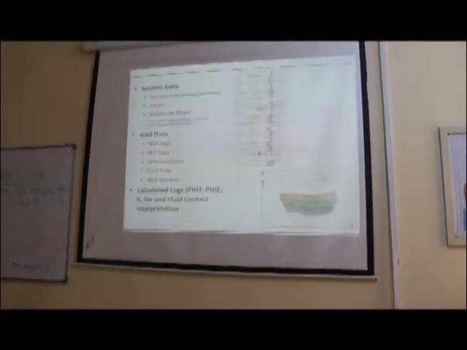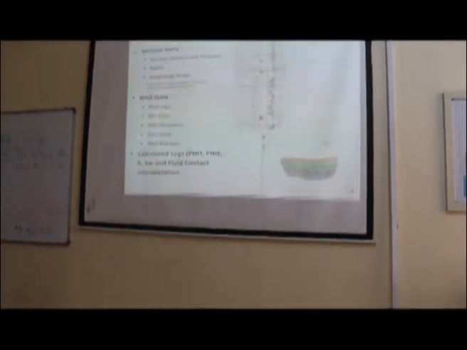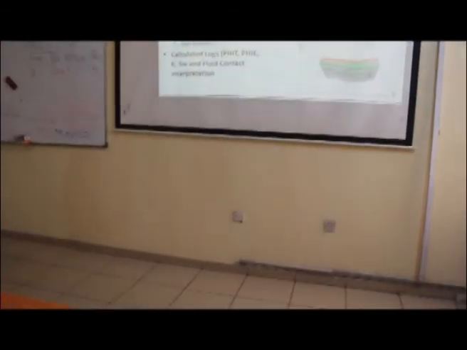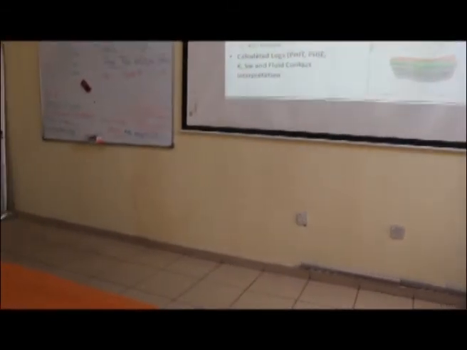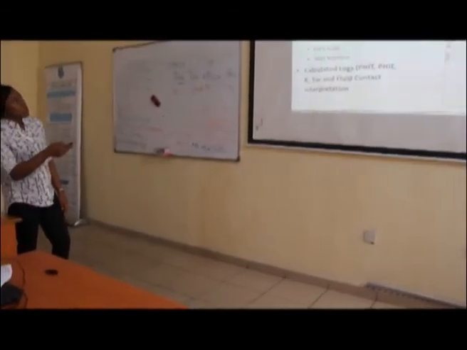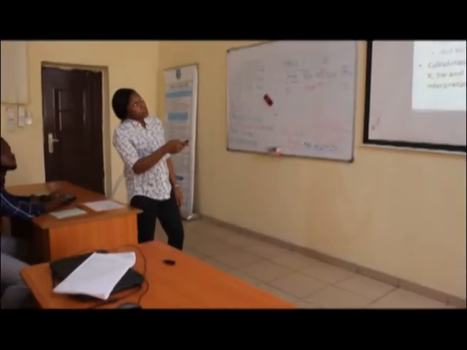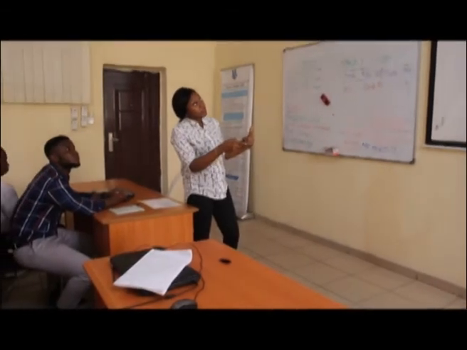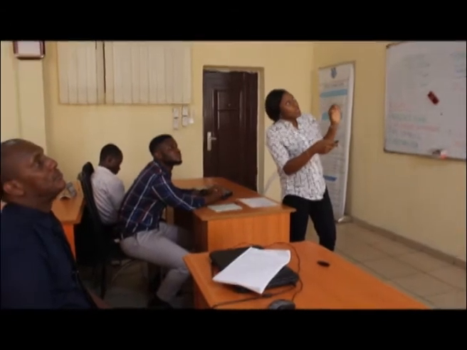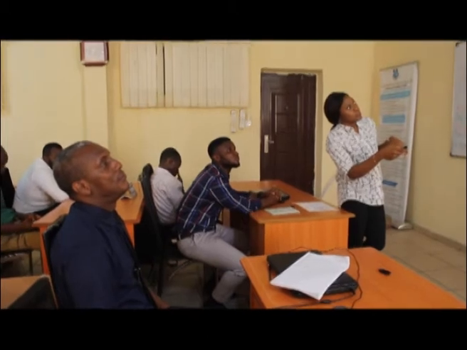This is the gamma ray. What it does is it measures the radioactivity in the formation. So when you have high radioactivity, that's where you have mostly the shale, and when you have low radioactivity is the sand. So it helps you determine your sandstone, and then the resistivity helps you when you have